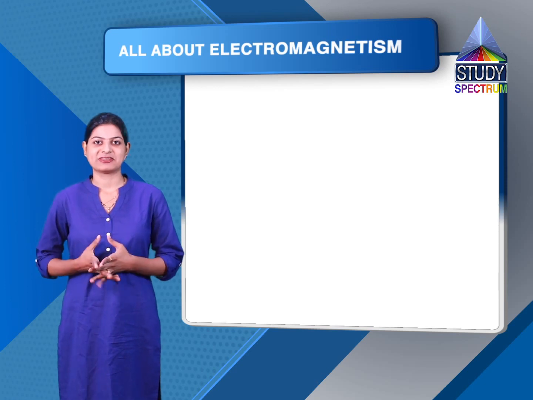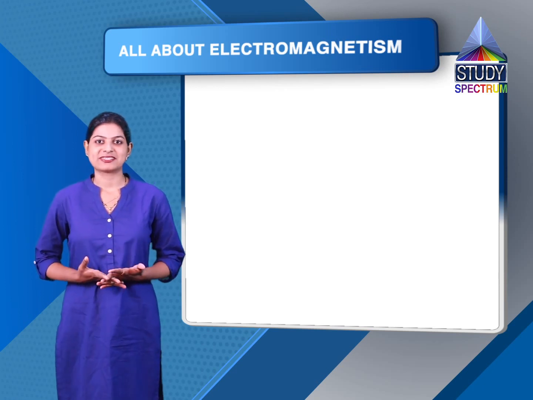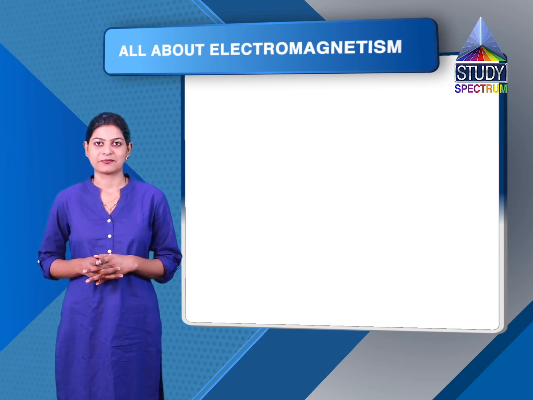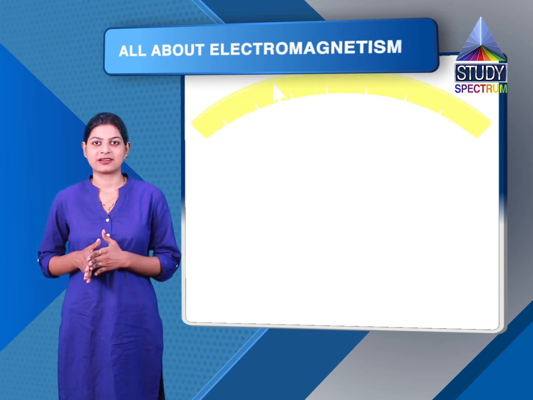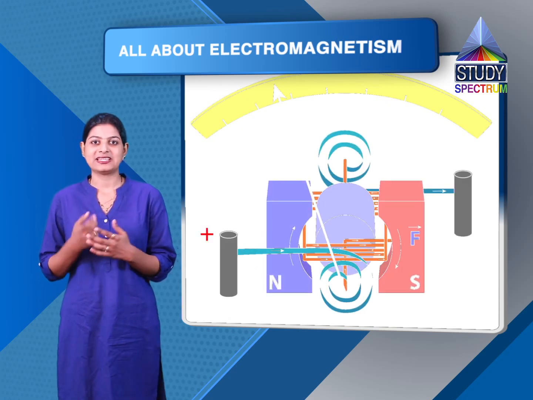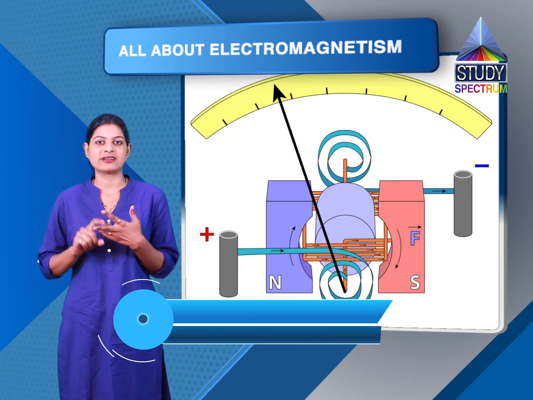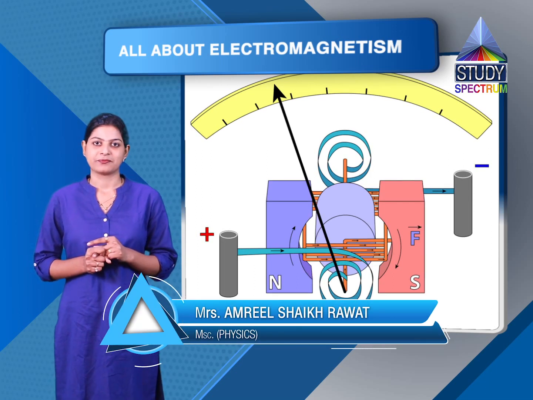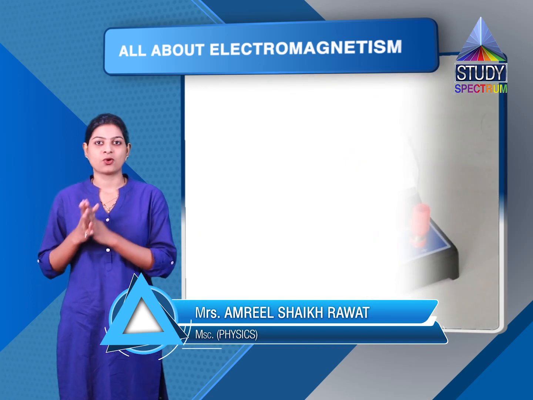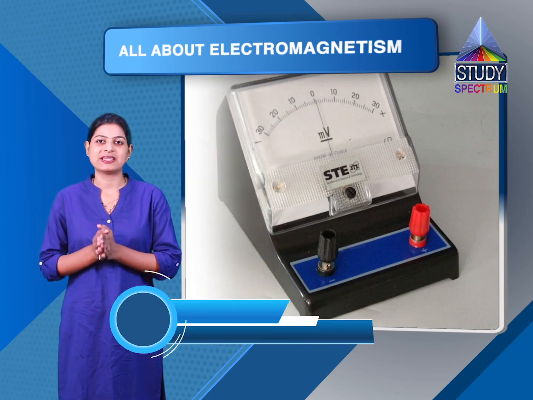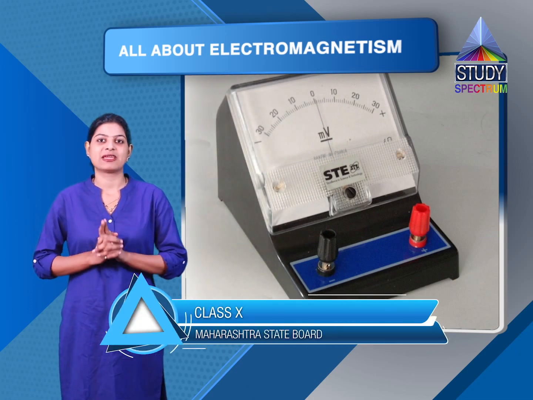Let's see what is a galvanometer. A galvanometer is a device which detects the presence of electric current in an electric circuit. Whenever there is electric current in the circuit, the galvanometer shows some deflection. It neither has a positive terminal nor a negative terminal. It can show deflection in any direction. So wherever there is no current passing through the circuit, the galvanometer will show zero deflection. That means the needle of the galvanometer will remain constant.